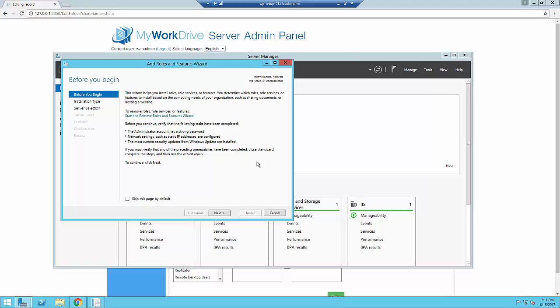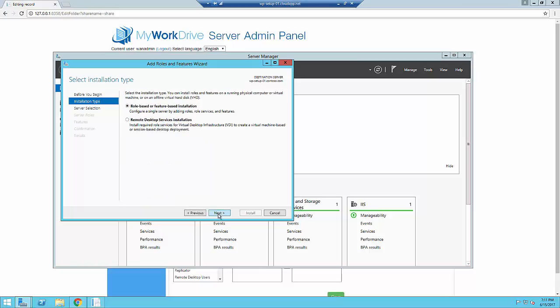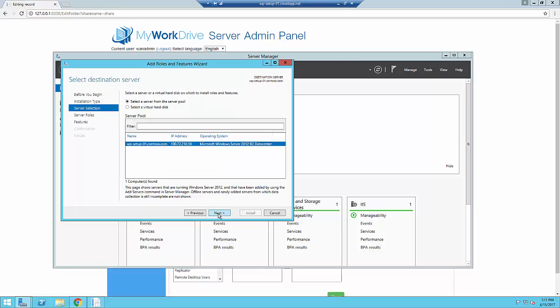Windows Search is also an integrated feature that we've tied into MyWorkDrive. In order to make it available to users so that when they're using the web file manager client, you'll need to install the Windows Search service. So that just by going to Server Manager,